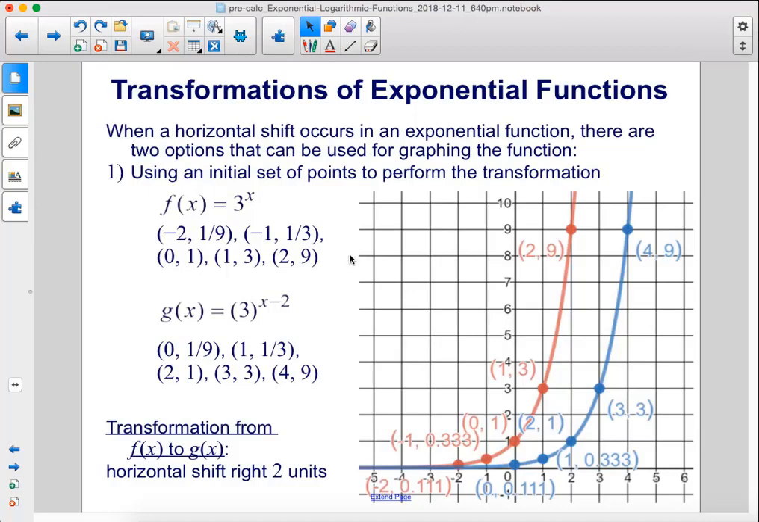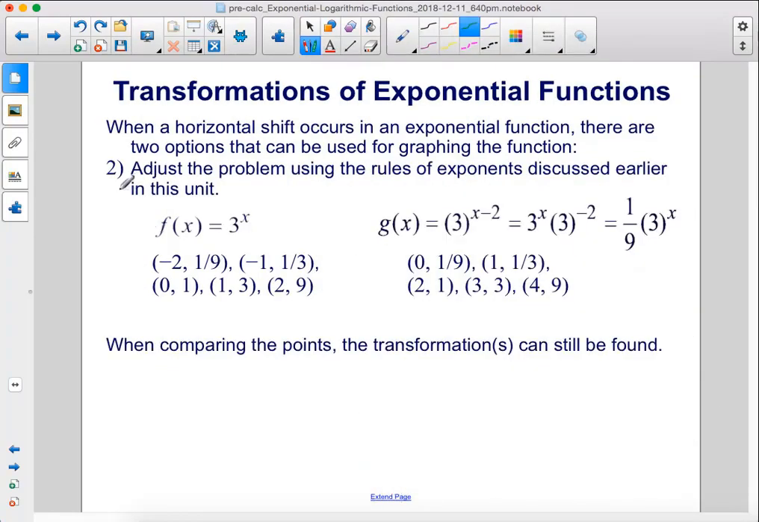When a horizontal shift occurs in an exponential function, there are two options that can be used for graphing the function. Number 1, using an initial set of points to perform the transformation. If we begin with this red graph here, we see f of x equals 3 to the x power. If we plug in various x values, we get those corresponding y values that map out this red line. Here's the transformation. g of x equals 3 to the x minus 2 power. You just plug in those same x values, but you'll get different y values. So as you can see, the y-intercept is now (0, 1/9) instead of (0, 1). So then you graph out the blue line,